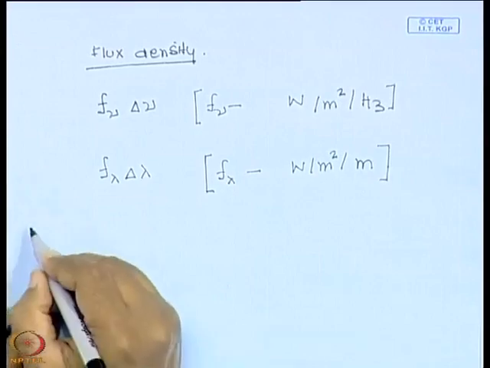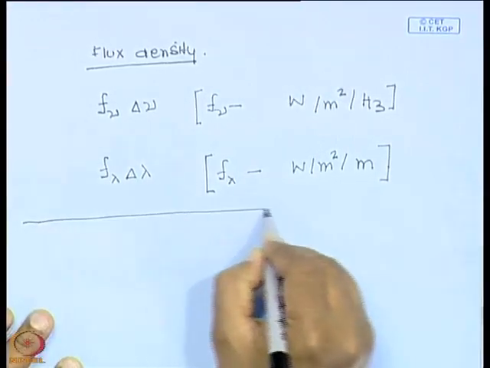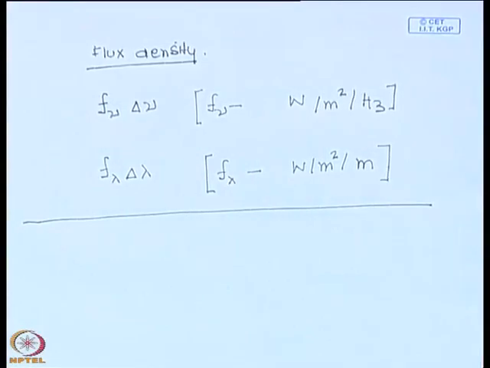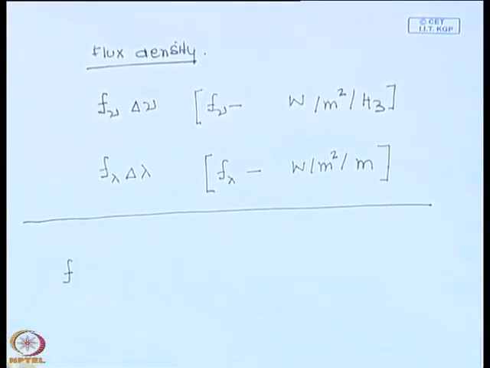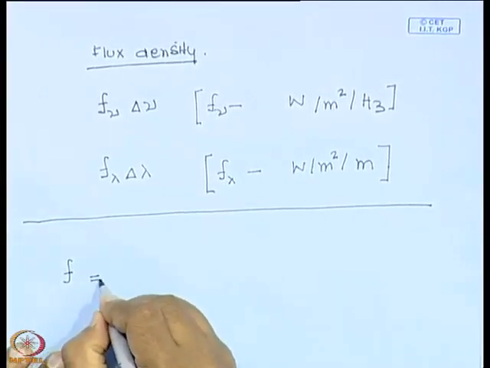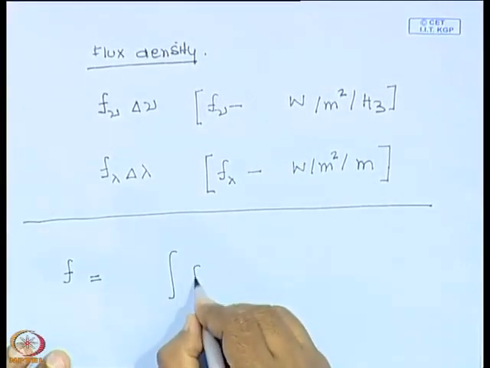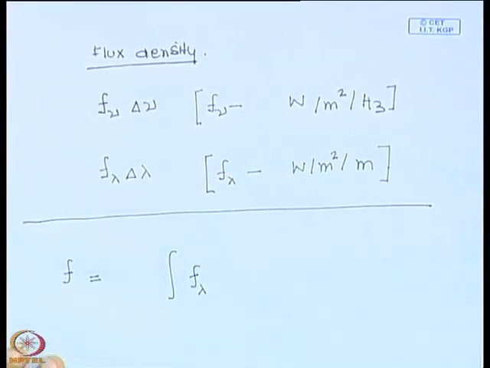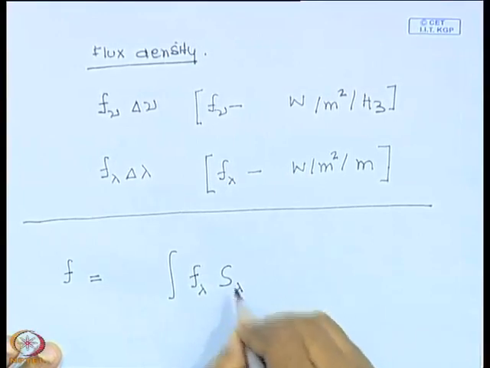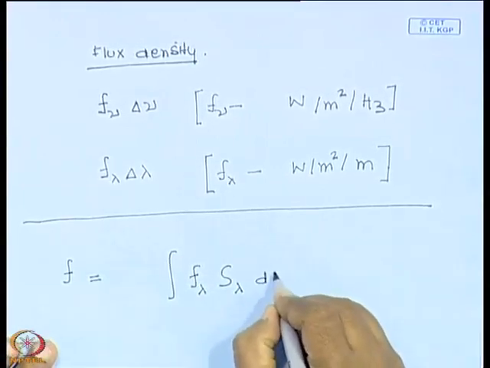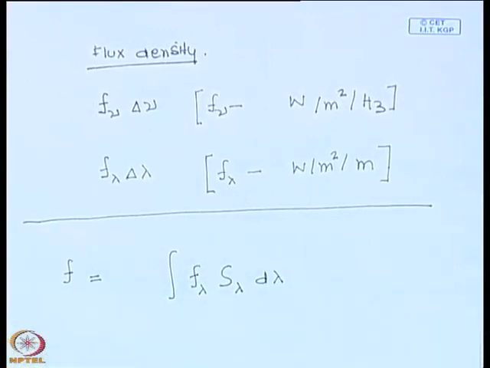The quantity that is measured in any astronomical observation, suppose I am looking at a star or a galaxy through a telescope, the quantity that is measured in any astronomical observation is the flux, which is the flux density F lambda times the sensitivity of the observation times d lambda, and the sensitivity of my observation S lambda